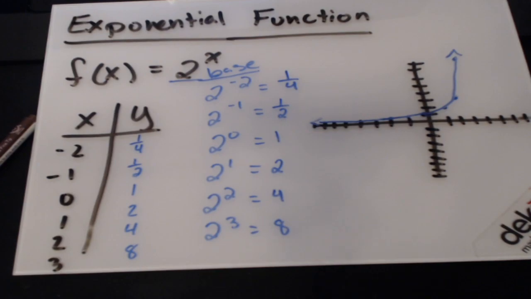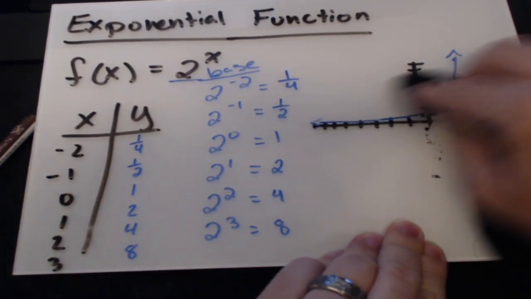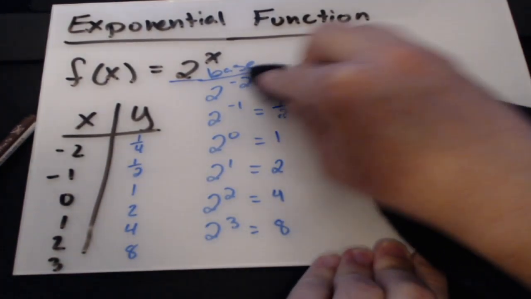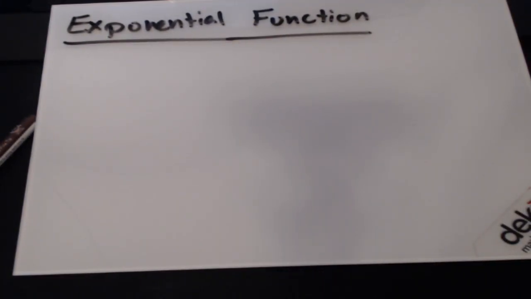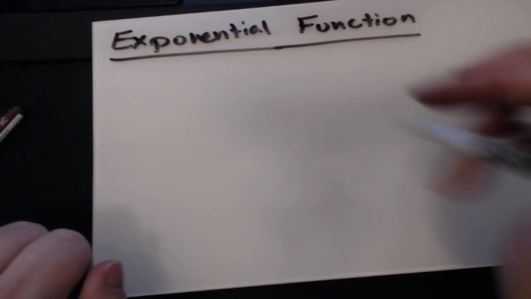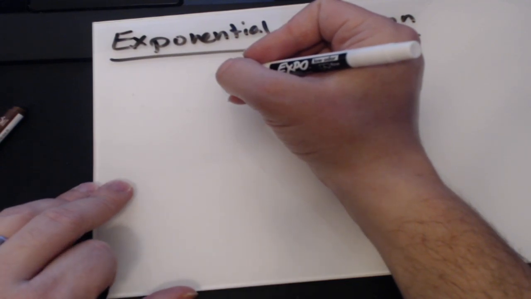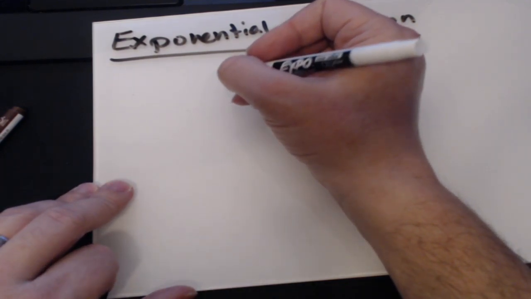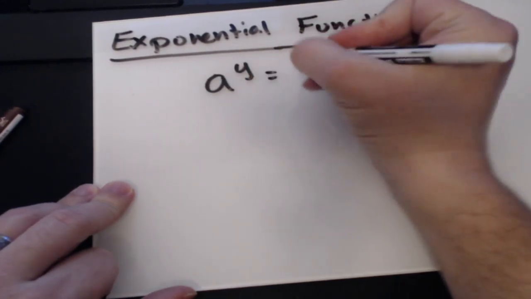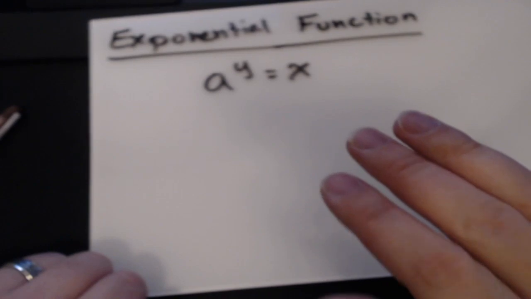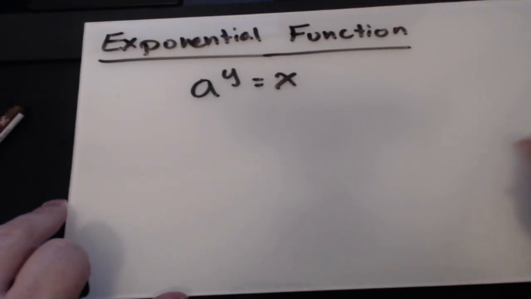We're going to relate this in another way and relate it to our logarithmic functions. So that's a basic exponential function. There's not really a need for me to go much further into that because more often than not, you're going to be programming those and not doing them by hand. The general idea for exponential functions is written as follows: a to the y power equals x. Now, this is really, really dumb